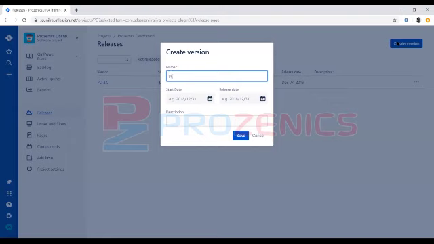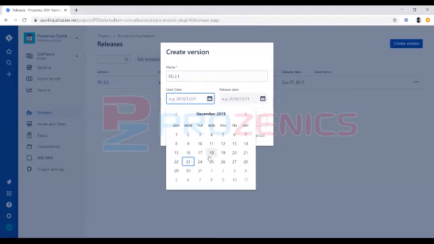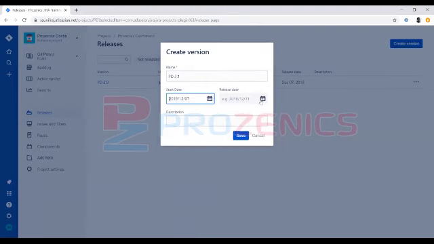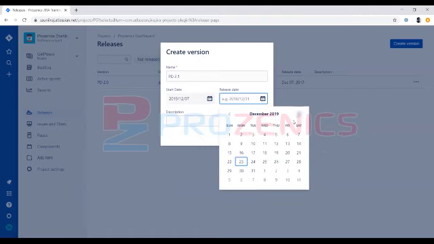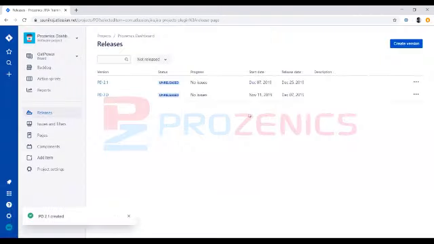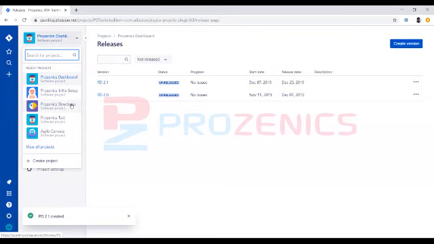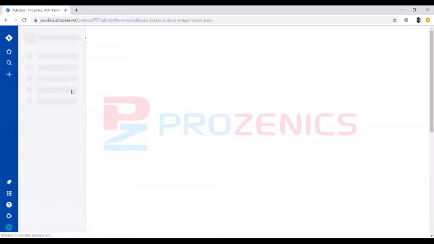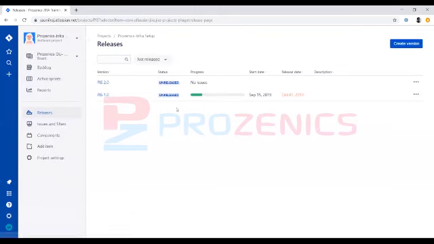So PD 2.1, maybe the start date after December 7, as I have already set something before. So December 25, and the next project that we can touch upon is Prozenics infra setup, and also create